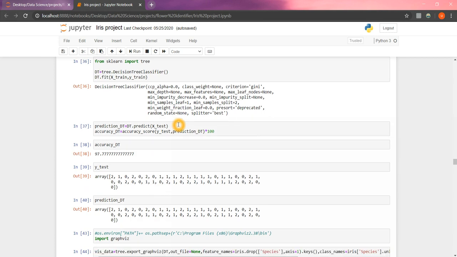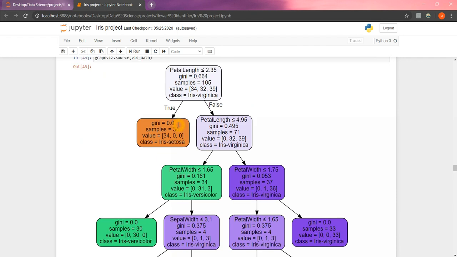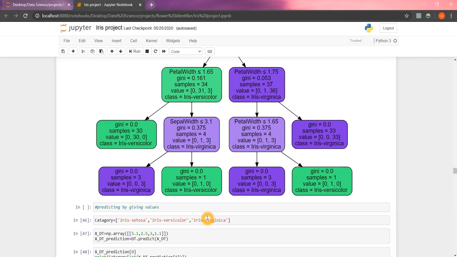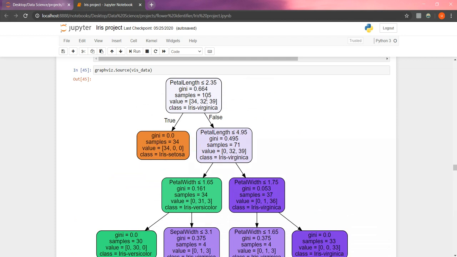So this is about the decision tree, and with this picture you can clearly understand how the decision tree is successful in classifying with the parameters of flowers. Basically it takes petal length as a parameter first, and it classifies each and every flower with its parameters. So here, petal length less than 2.5, if true, it is Iris setosa. If this is false, it will check whether petal length is less than 4.95.